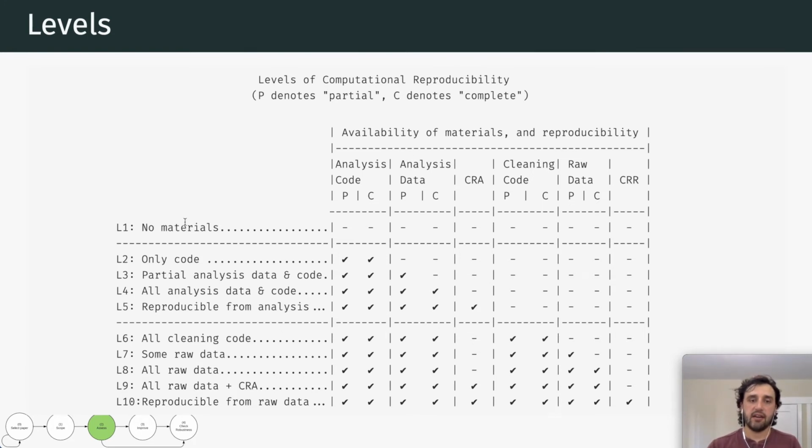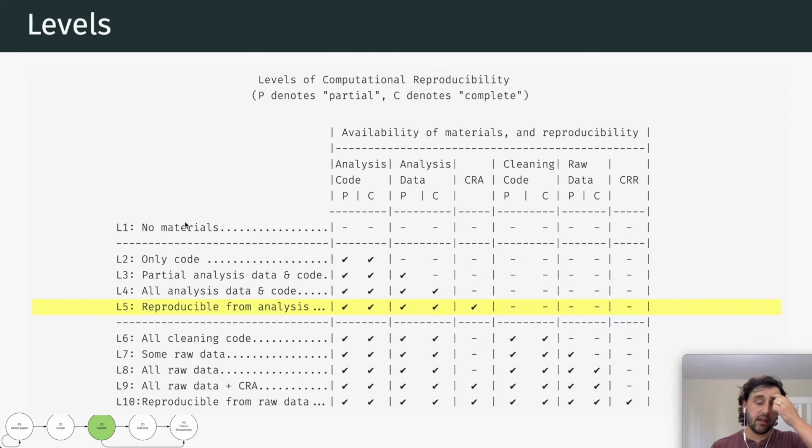And the idea here is that we want to build levels to allow incremental improvements later on, and these levels will increase from having nothing to having just the code, to having some of the analysis data and the code, and then having all the analysis data,